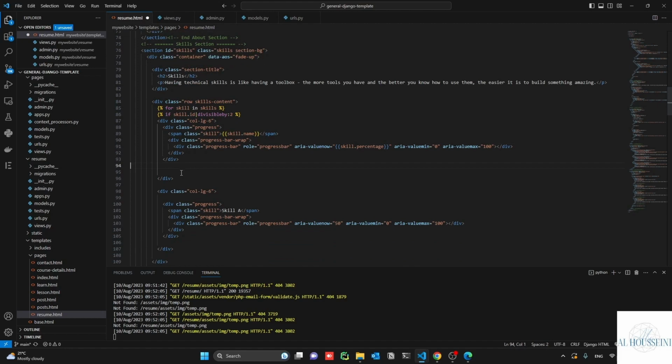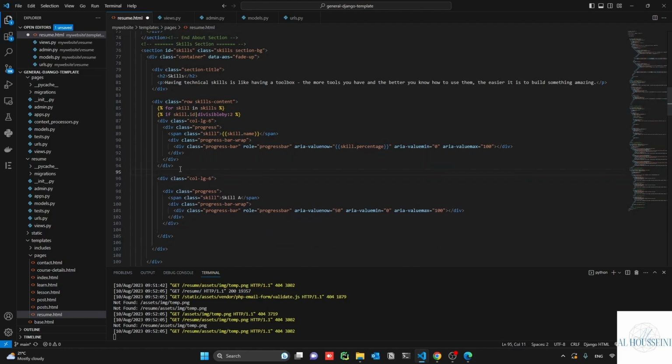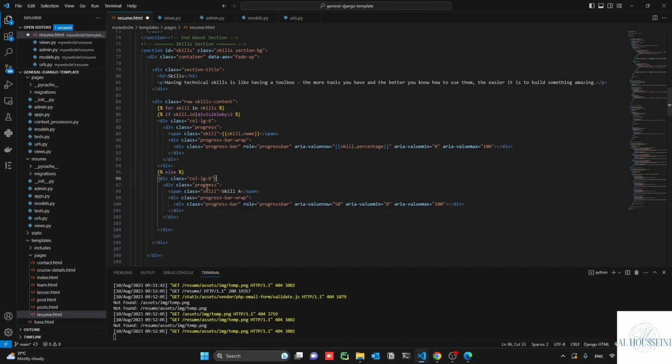Now if it is not this one, so it is else, and then the same procedure, copy paste, and here I need to first close the if and then close the loop, save,